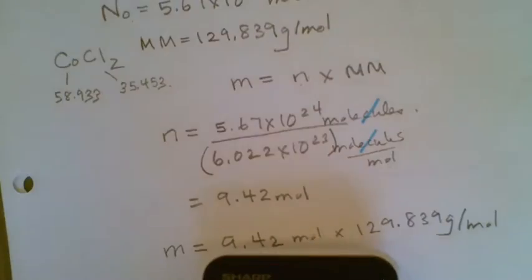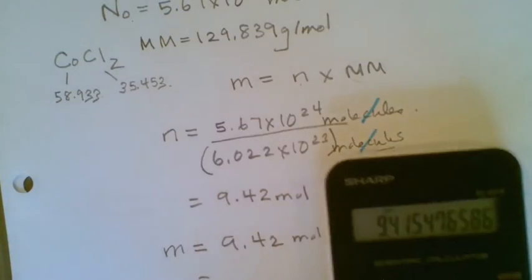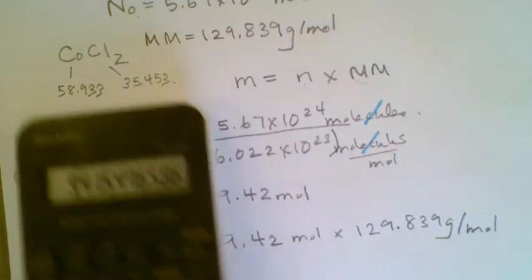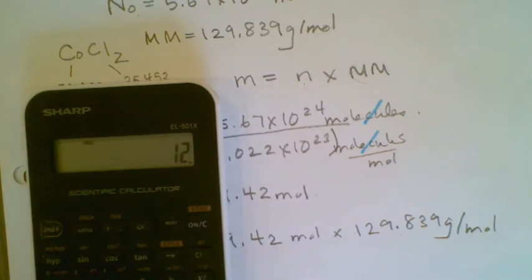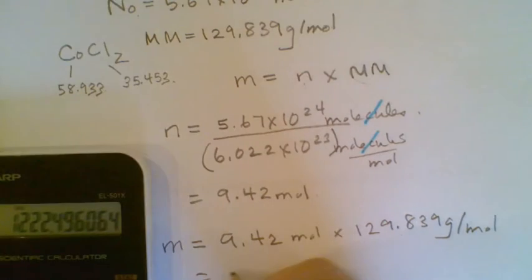I already have this in my calculator. I didn't clear it, so I'll just leave it there with all of those digits. I really shouldn't be rounding too early in my calculation anyway. Multiply by 129.839, and my final answer is